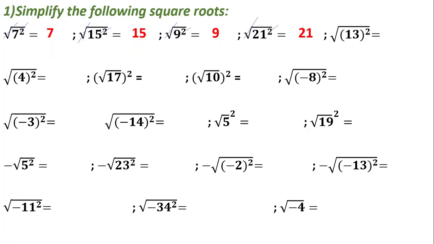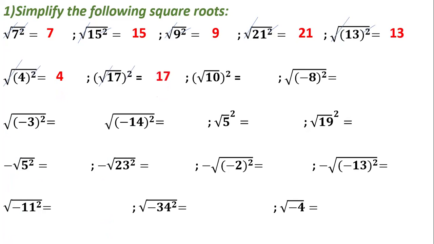Now radical 13 squared. Now 13 is written between parentheses. It has no effect. So also the square cancels the radical, and my answer is 13. Radical 4, all of it squared. So the square cancels the radical, so my root is 4. Radical 17, all of it squared. Here, as if I have radical 17 times radical 17, so the square cancels the radical, and my answer is